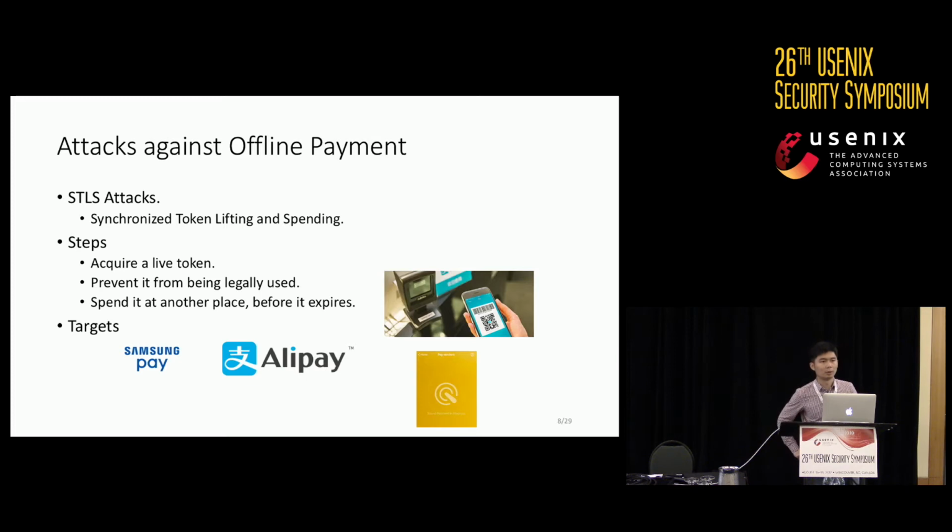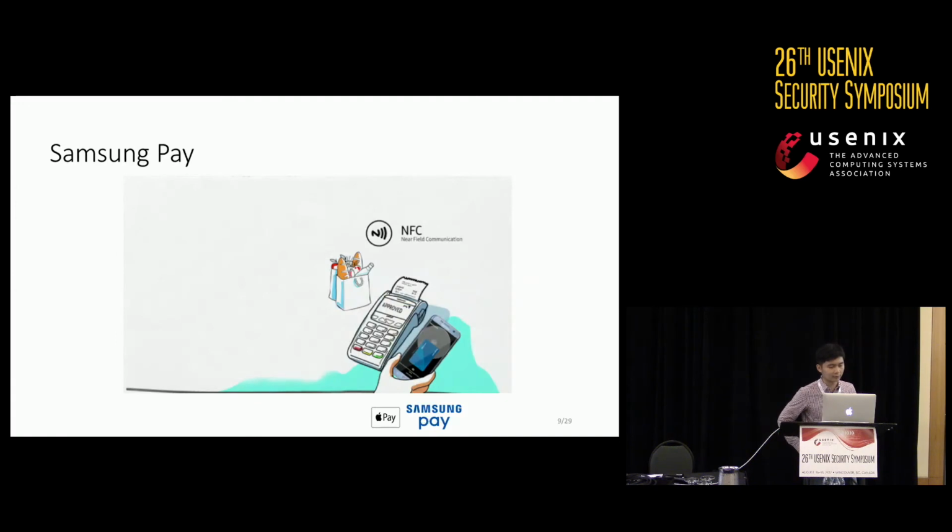And for AliPay, we targeted two channels, one for QR code and one for sound pay. And for the QR code, we demonstrated two kinds of attacks. Okay, firstly, for Samsung Pay, we know that both Samsung and Apple use NFC to do payment, but NFC is